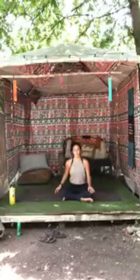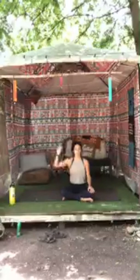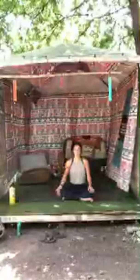And take a huge breath in for 4, for 3, for 2, for 1. Be all the way full and pause here. Notice if your shoulders have lifted up towards your ears, can you soften the shoulders down? And then audible exhale for 4, for 3, for 2, and 1. Take a big breath in for 4, for 3, for 2, and audible exhale for 4, for 3, for 2,